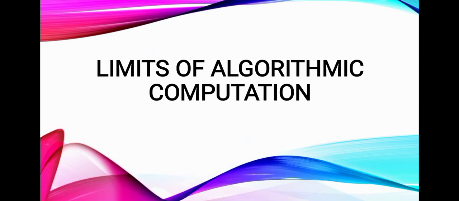Limits of algorithmic computation. There are few limitations to the power of a Turing machine. On several occasions, there could not exist any algorithms for the solution of certain problems. Some problems cannot be solved by Turing machine. There are questions that can be clearly and simply stated with an apparent possibility of an algorithmic solution but which are known to be unsolvable by any computer.